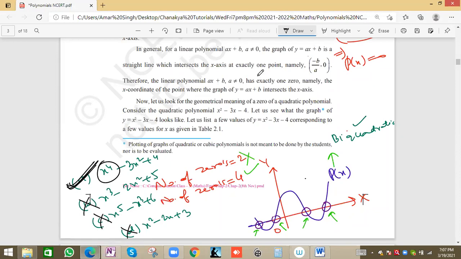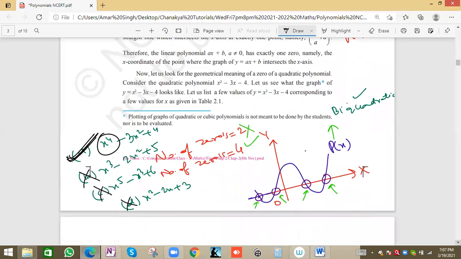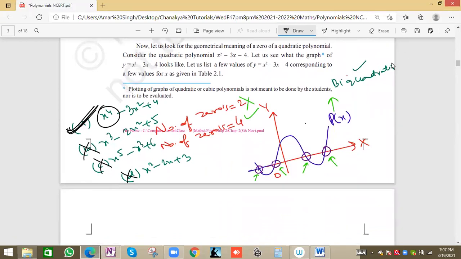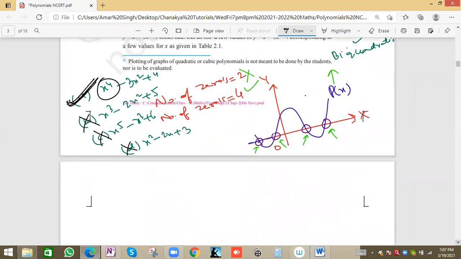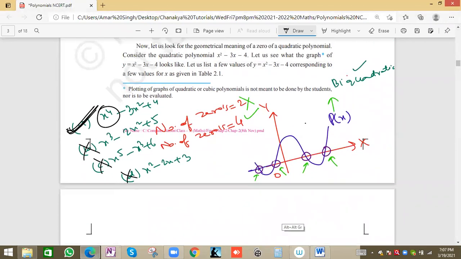So these things we have to understand by the nature of the graph. Got it? You can draw it roughly in classwork, everything we are discussing we have to write. Now the next case. The polynomial will be biquadratic, and the number of zeros will be 4, and we can plot the exact positions if the exact graph is given. And this equation will be the first one, x^4 minus 3x square plus 4. Right.